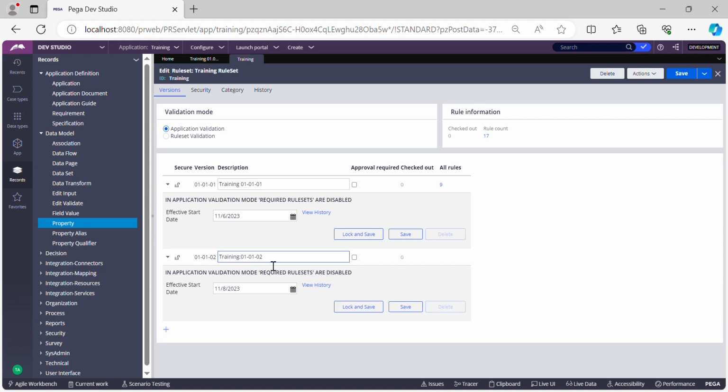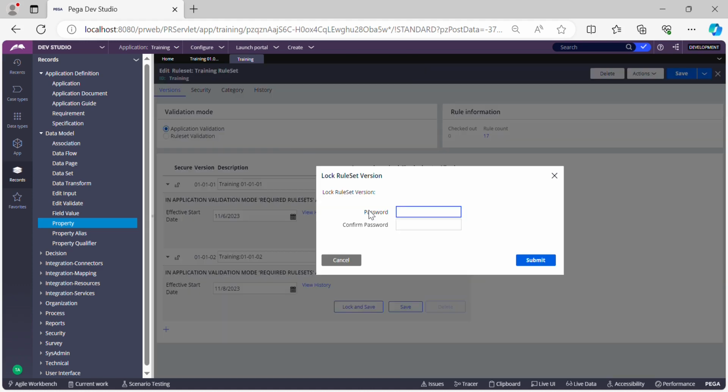Okay. Now, on every rule set version, there are certain buttons that Pega provides us. Let us try to understand what these are. Lock and save: as you can see, these rule set versions are unlocked. If I want to lock this rule set version, I can click on this, and it will ask us for a password. It is asking for the rule set password. You can set any password, and you have to give the same password. And if you hit submit,